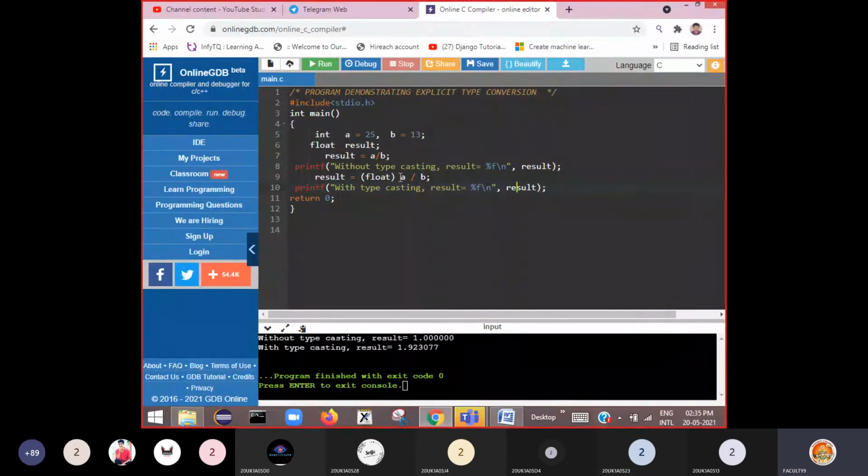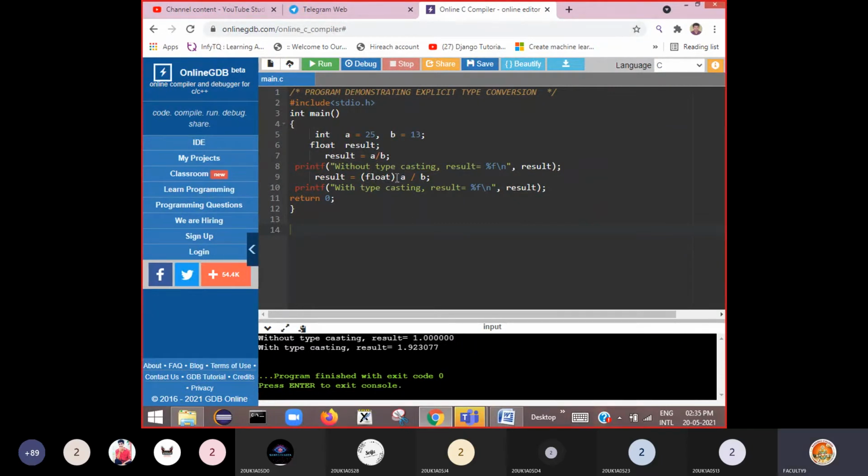So this is the problem that occurs if you don't add typecasting, or if you don't use proper variables in an expression. You may sometimes get unexpected results, and you won't understand why you're getting the wrong result, because you get no error, only erroneous output.